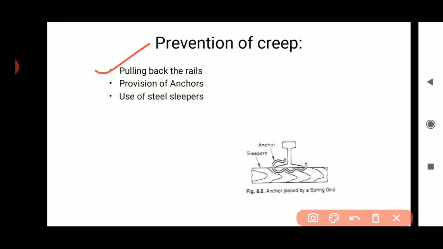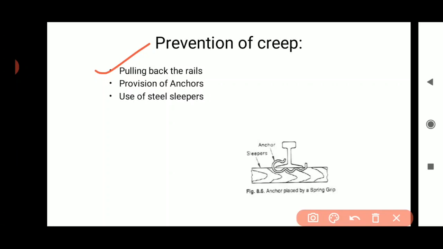Okay, so if we can see the creep has occurred distinctly, then there is a way to pull back the rails to their original position. That means we have to pull back the rail by the distance moved by the rail. So for doing this, first inspect the track and note the extent of the pulling back distance, that is, how much distance it has moved. After knowing that, we can decide how much distance we will pull back the rail.